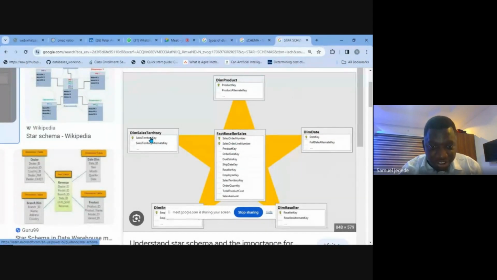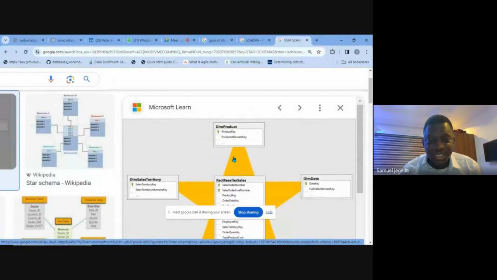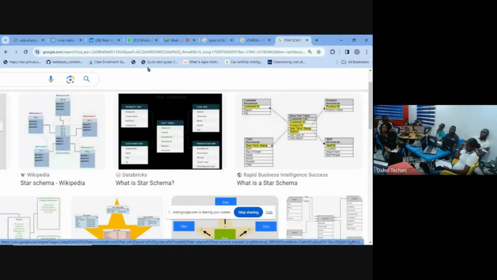All these dimensions have primary keys. This key here, sales territory key, is a primary key. It should be unique here, but once it comes to the fact table, it might not be unique. Those are foreign keys here. So that's just what the star schema is.